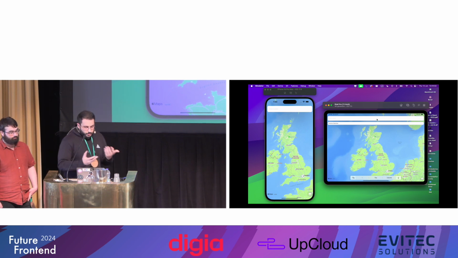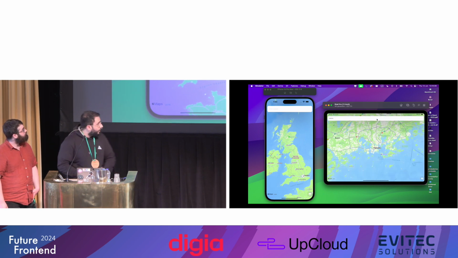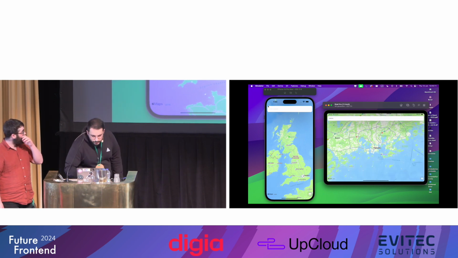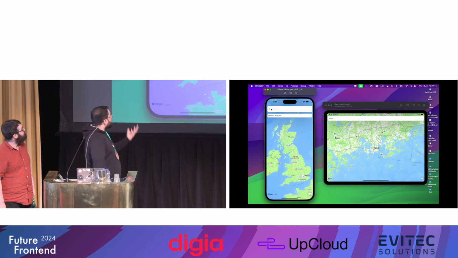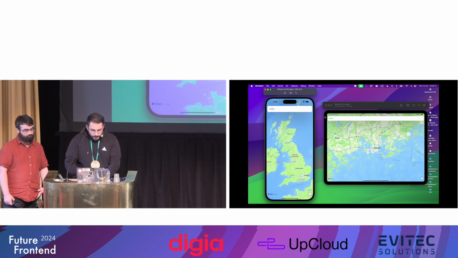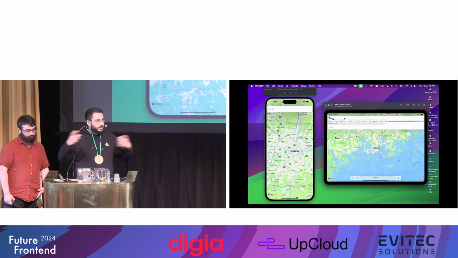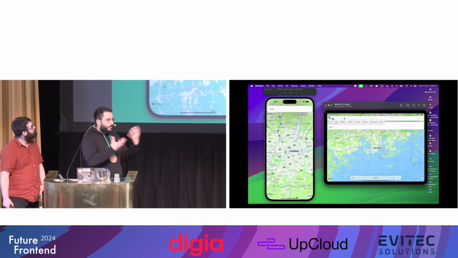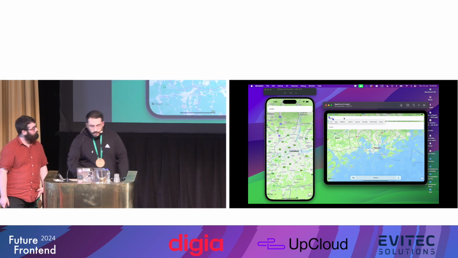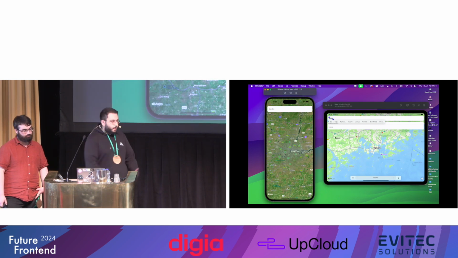So I can search for a location. In this case, maybe I want to search for Helsinki, and then do a search. Right now, it's not synced, right? So if I go into my search history here on my phone, there's nothing in my previous searches. I can search for London, and I can go to London here, but it's not going to show up on my iPad. So these are two very separate experiences. They're not synced in any way possible. Other things like theming. Right now, I'm viewing it in standard mode, but maybe I just want to view everything in satellite mode.